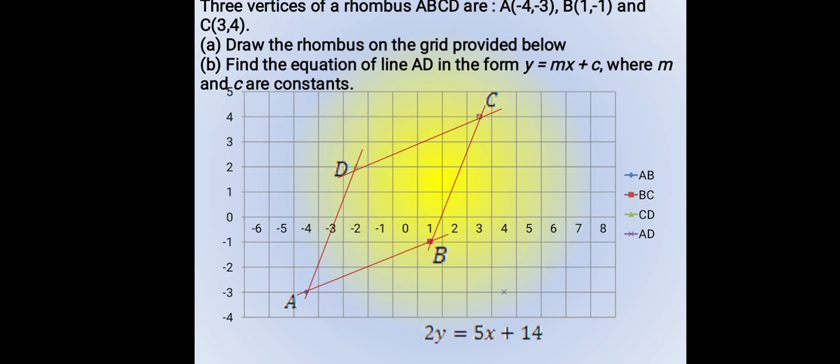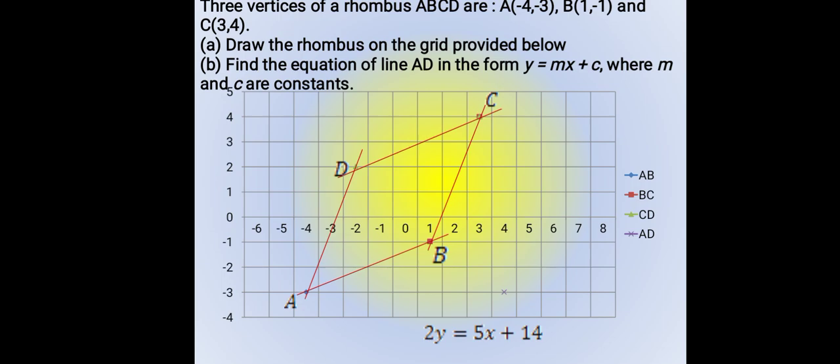The vertices of a rhombus A, B, C, D are A(-4, -3), B(1, -1), and C(3, 4). Draw the rhombus on the grid provided below. Find the equation of line AD in the form y = mx + c, where m and c are constants. Now you can see